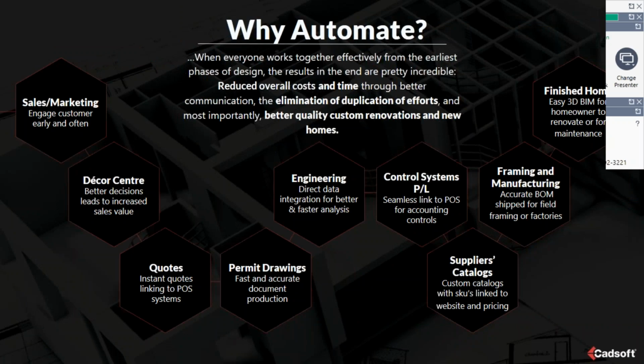It's when everybody's working together effectively from that earliest stage in that phase of design and taking it all the way through to having those materials on site, delivered, and walls built, everything put together, that we can reduce the overall cost and time because of the better communication, the elimination of those duplication of efforts of redrawing and redrawing, and most importantly, the better quality custom renovations and new homes that we're producing because we have fully